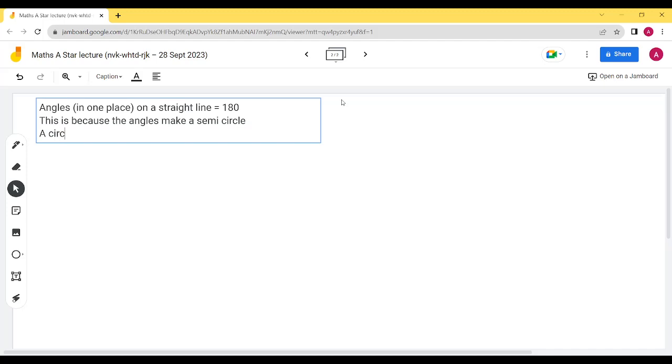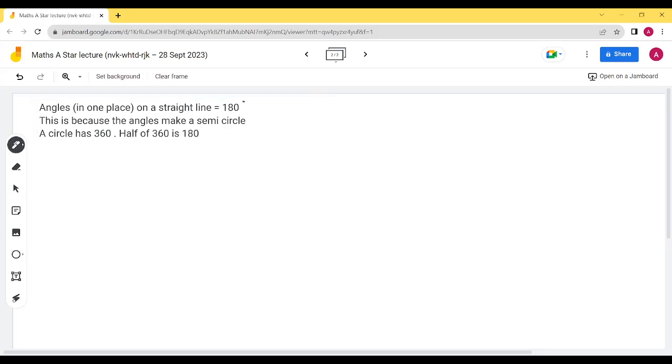And so a circle has 360 degrees, and half of 360 is 180. So sorry, I'll draw in all these little degree signs here. I don't know how to do it with a keyboard, to be honest. So that's why. So say if you've got a line here, I apologize, there's no straight line option on here,